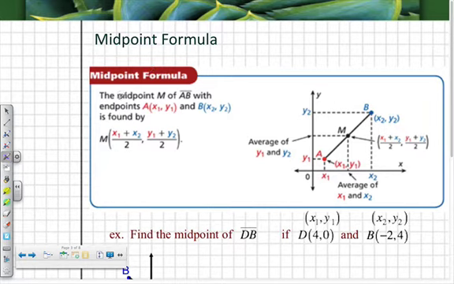So we talk about the midpoint. Midpoint's exactly in the middle of a segment. It cuts the segment into 2 congruent parts. So if we want the midpoint, which we're going to call point M, of segment AB, segment AB has endpoints A, which has coordinate x1, y1,